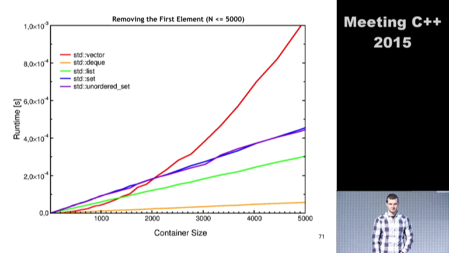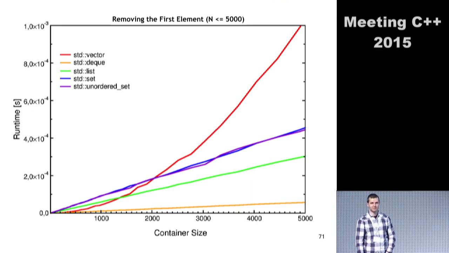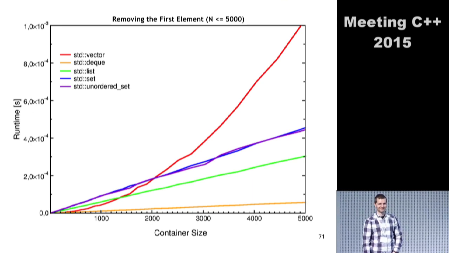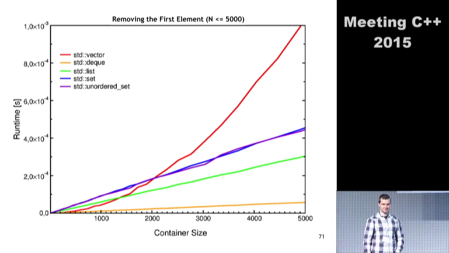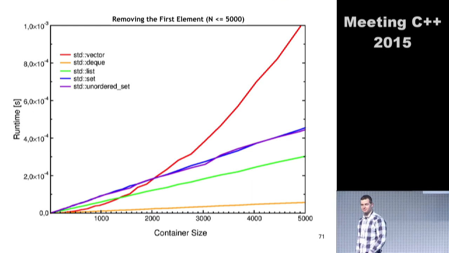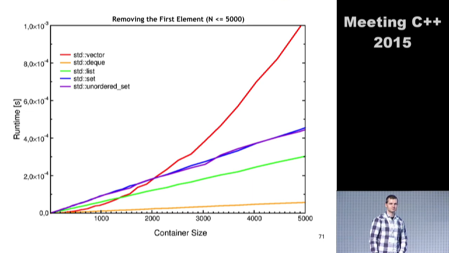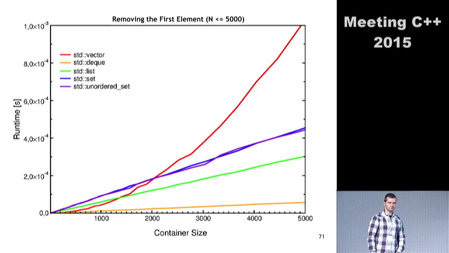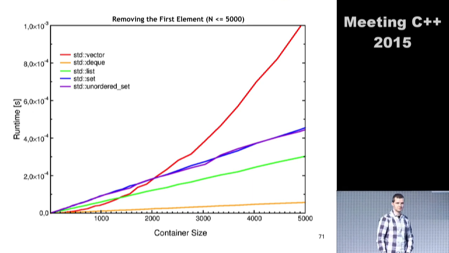Yes. Yeah, hello. So first, thank you for this benchmark. In my daily life, I don't have time to benchmark each time I use a container. And so I use mainly two containers, vector most of the time, and a set when I need it, because it also carries the information that the container is sorted and there's no risk of forgetting to sort it, because sometimes it happens when you change your code. And according to your work, maybe it's time for me to change my habits and switch from set to an unordered set. Can you confirm that?